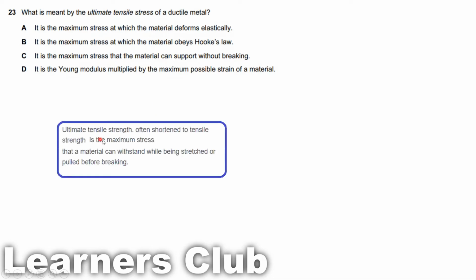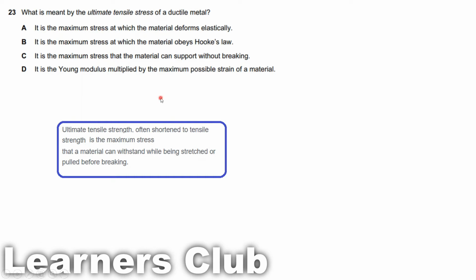Question 23. What is meant by the ultimate tensile stress of a ductile metal? What is meant by ultimate tensile strength? It is often shortened to tensile strength. It is the maximum stress that a material can withstand while being stretched or pulled before breaking. So tensile stress means the amount of force that you can give to a point before it breaks. The ultimate stress it can withstand is known as ultimate